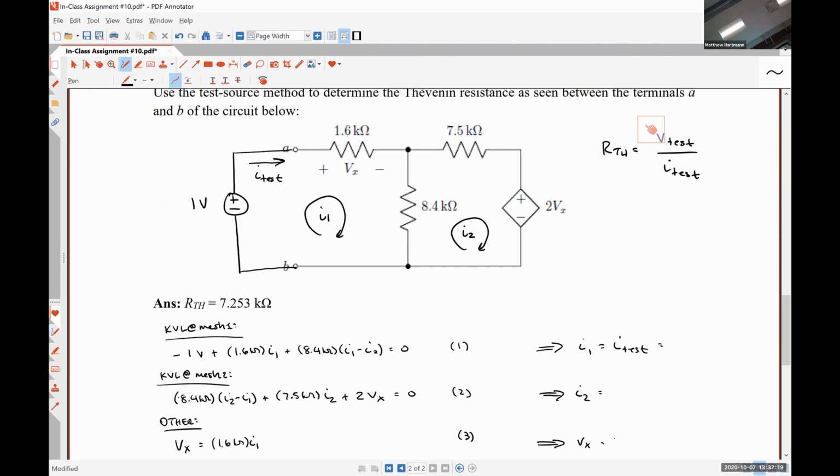Constant term is 0. And then in my third equation, my coefficient for I1 is positive 1600. The coefficient for I2 is 0. The coefficient for Vx is negative 1. So I'm just moving Vx from the left-hand side of the equal sign to the right-hand side because it's a variable. And then my constant term is 0. And when I solve these guys, I get